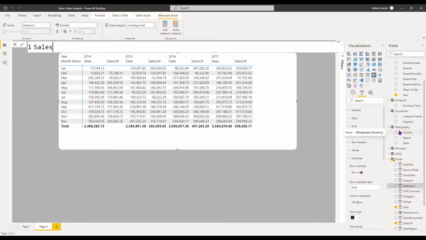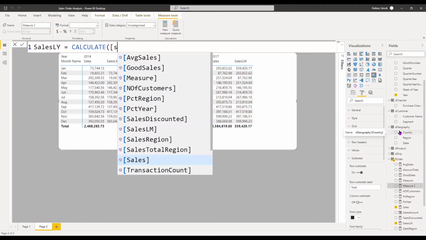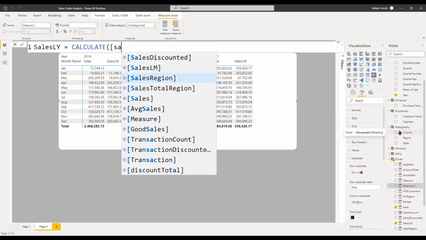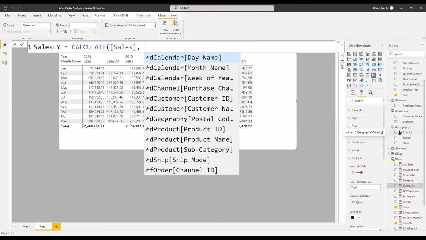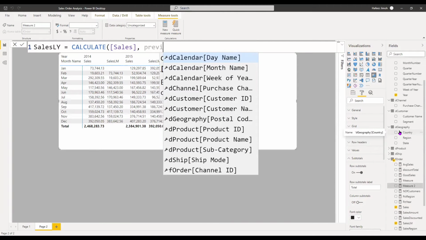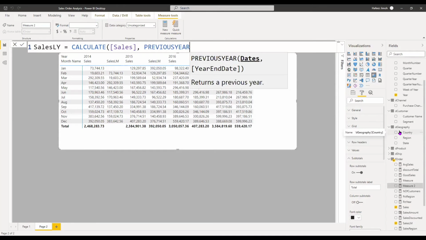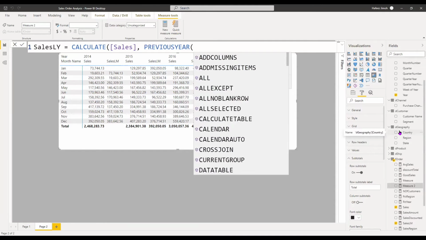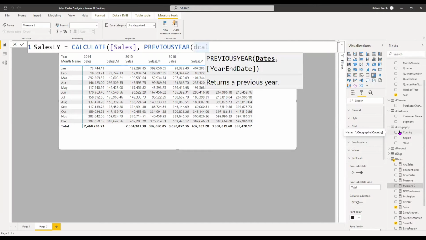Sales LY equals CALCULATE, again our favorite CALCULATE. I put my expression, which is sales, and I put my filter. Remember, in sales LM we used previous month. In this case, I'm going to be using previous year. Like I told us, previous year is asking for dates as an input. So what I'm going to put is the calendar date,